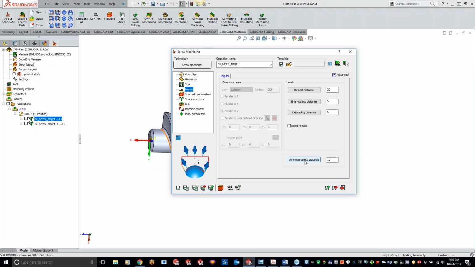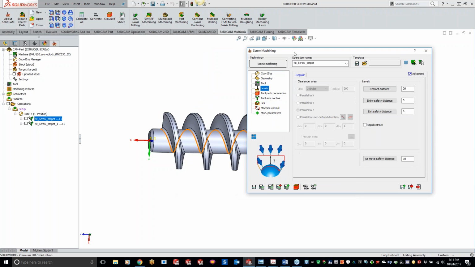If you need to go up and beyond, we do have the air move safety distance, so it's going to go that distance around the cylinder. But since the screw machining knows what it's cutting there, all this is inputted for you. So this is more of an advanced automatic feature, specifically for doing these screw parts, or like Ken was talking about last week, doing the rotary machining, or coming soon, a camshaft machining style. So